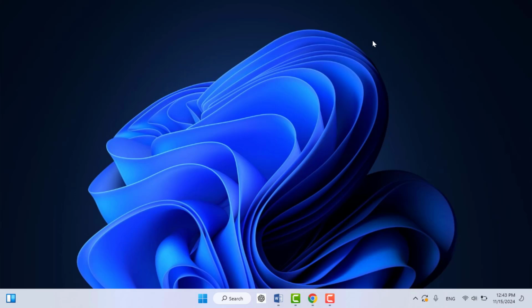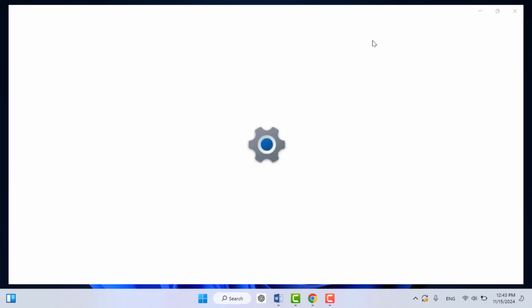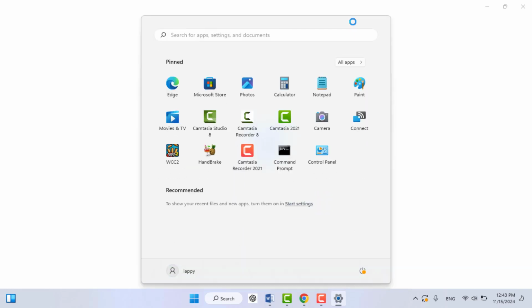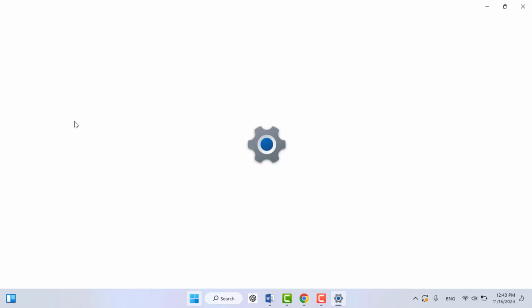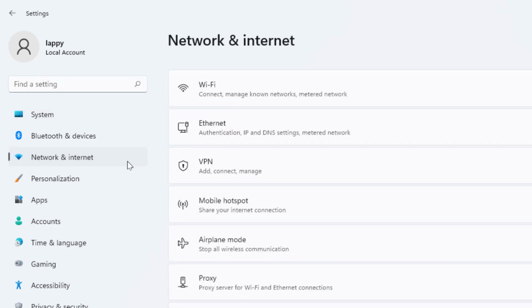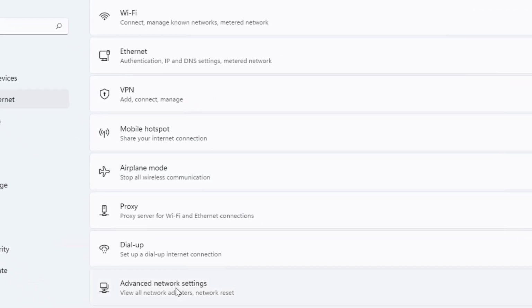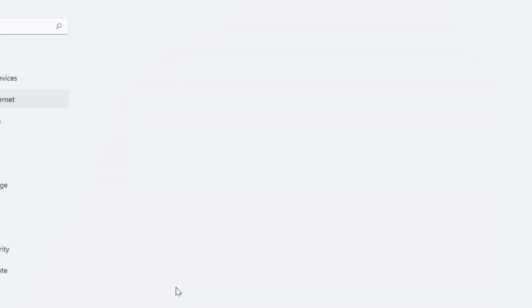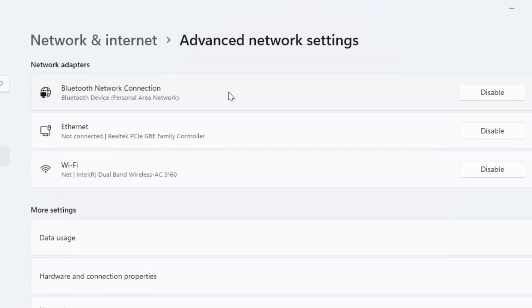You need to open the Windows settings: hold the Windows key and then press I on your keyboard. It will open these settings. In these settings, in the left panel, you can get the option Network and internet. Just click and open it like this, scroll down and find Advanced network settings. Okay, like this. So from here, if you want to disable the Wi-Fi,